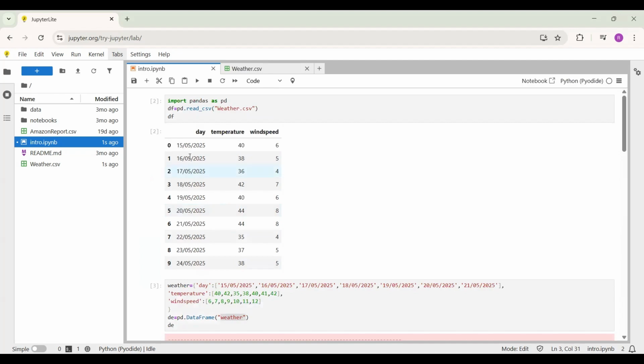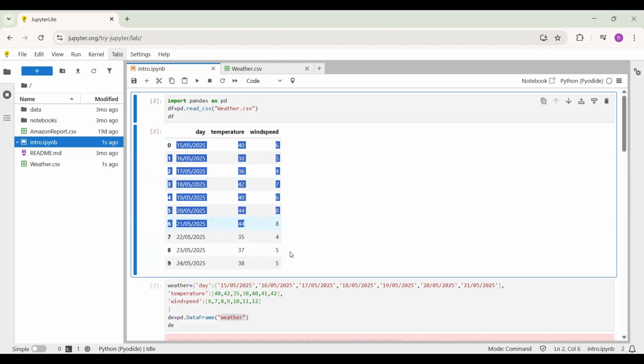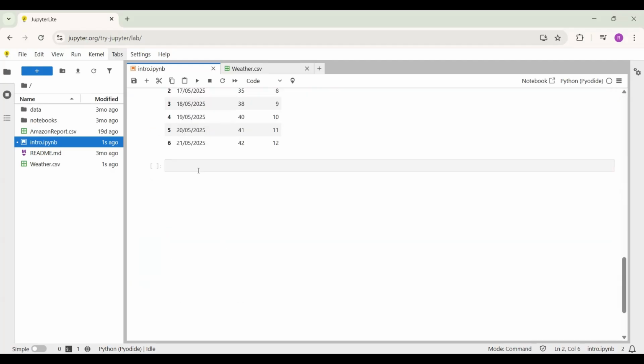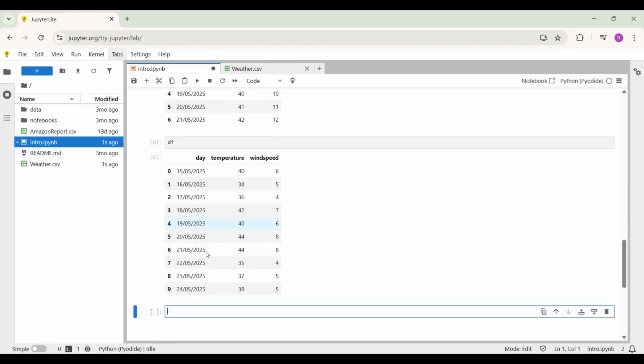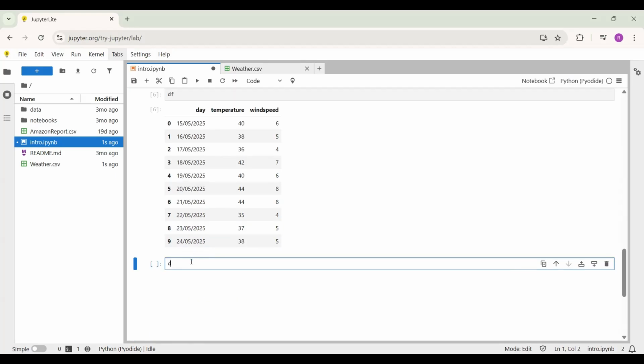Now let's get back to this one. Here you see we have around 9 data rows, and I would like to print that df again so it will be easy. So these are the values. We have 3 columns: date, temperature, wind speed. Now we are going to apply the methods that we have been using. So the very first one is